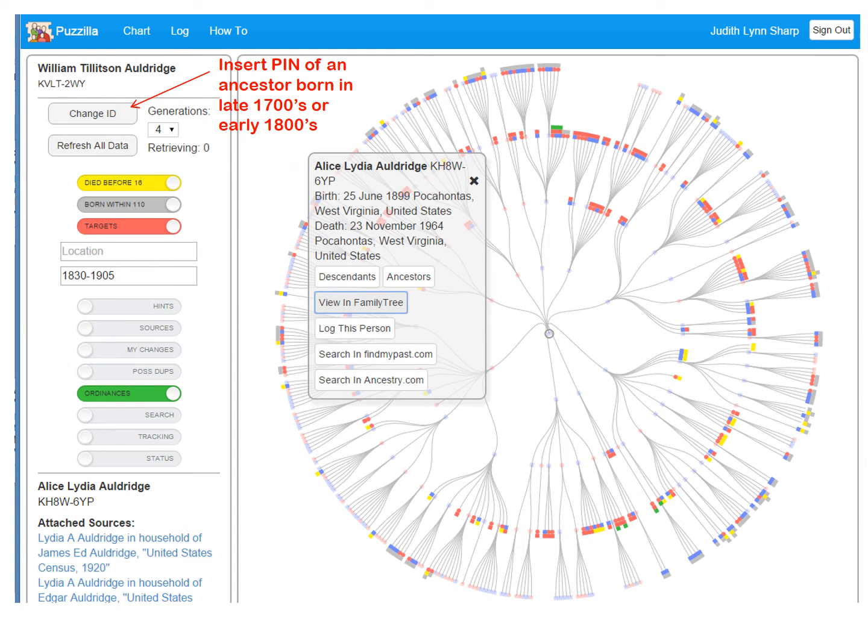Here is a look at Priscilla Premium. I really like some of the features here. It is a subscription of about $40 a year, but here at the BYU Library it is free. It does all the things that the basic one does, but adds a lot of filters, such as hints, sources, my changes, possible duplicates, ordinances, search, that means searching by name, place, or ID number, or birth, tracking, and status